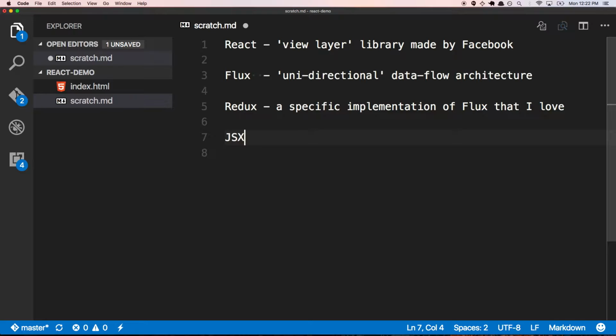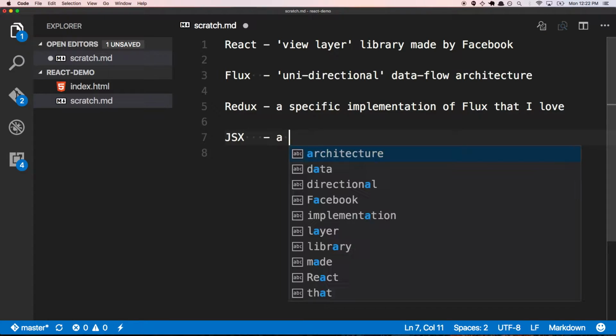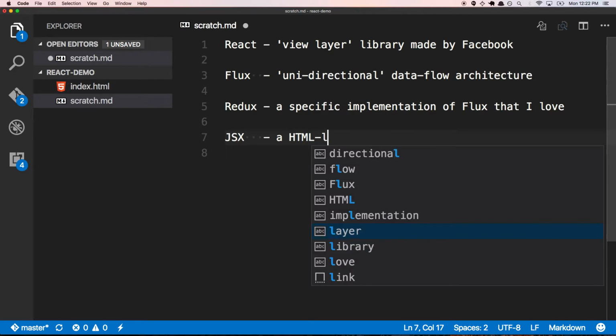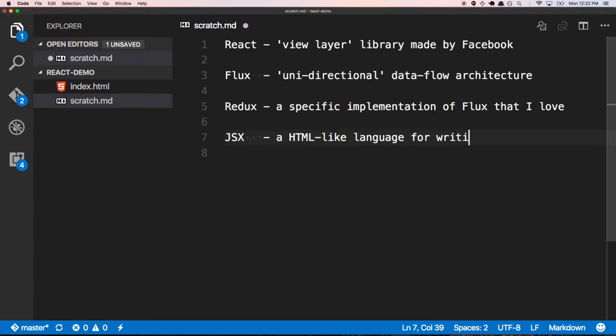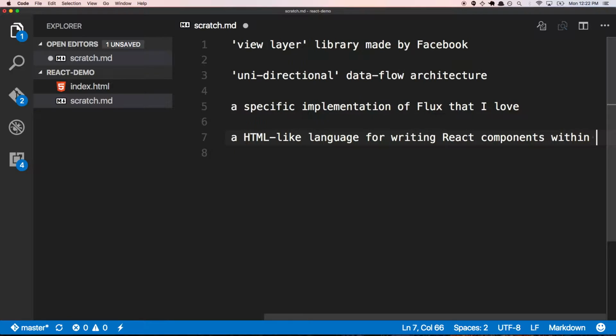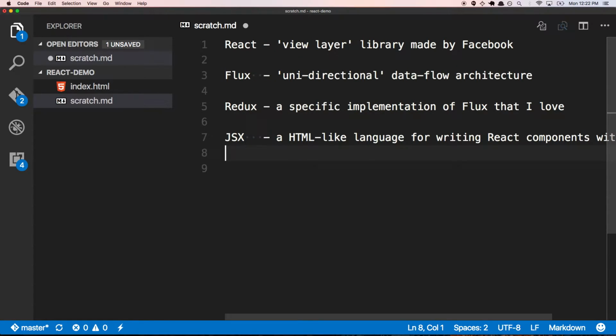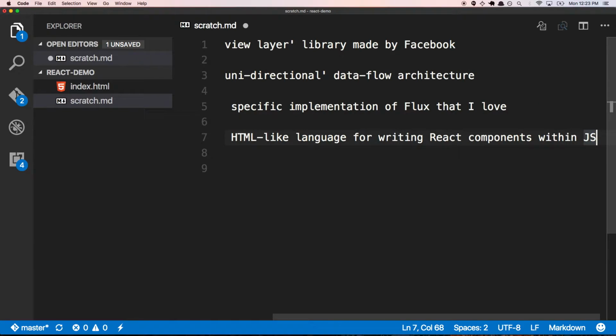What else? You maybe have heard of JSX. JSX is a HTML-like language for writing React components within JavaScript. So React is actually written entirely in JavaScript, and it leverages your JavaScript knowledge. So you write very little HTML once you're writing React, and everything you do is done in these JavaScript files. But you have to write HTML inline inside your JavaScript, and that could be ugly to do as